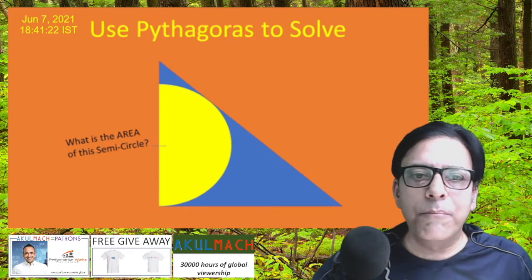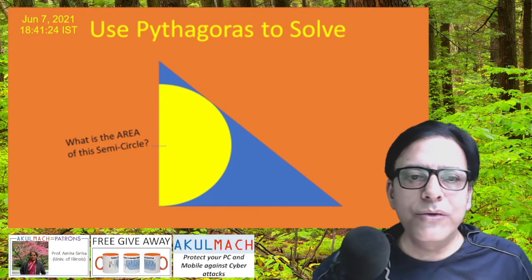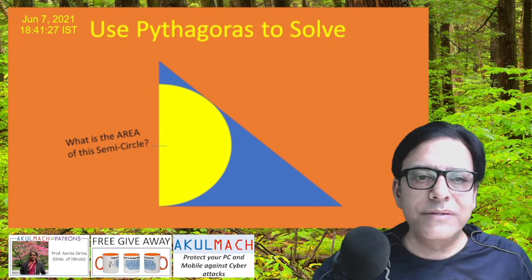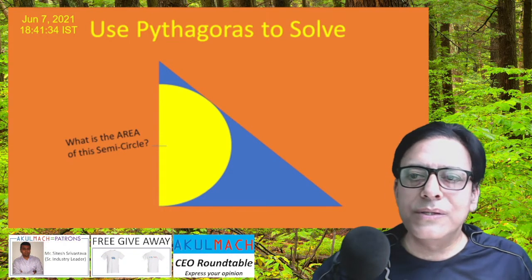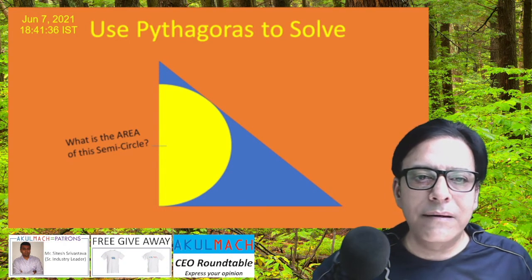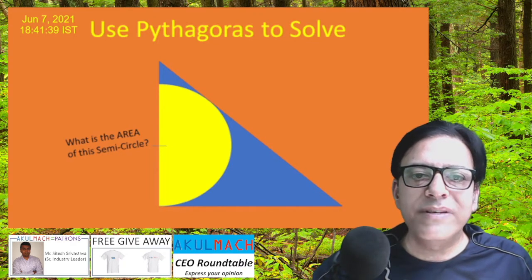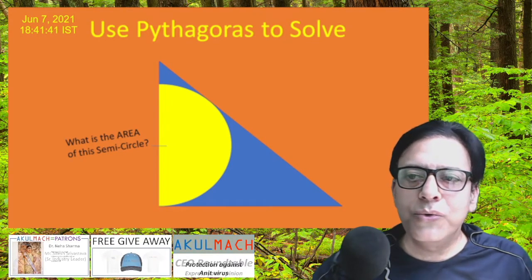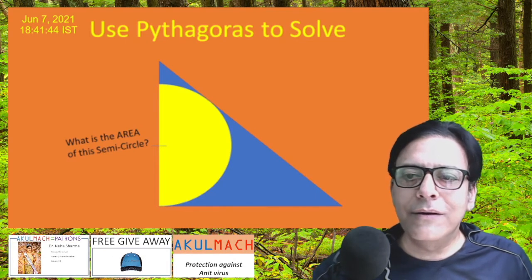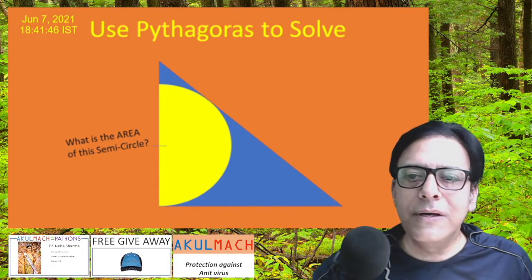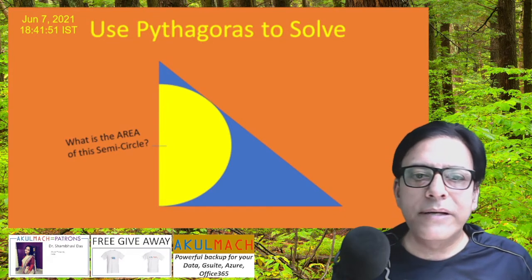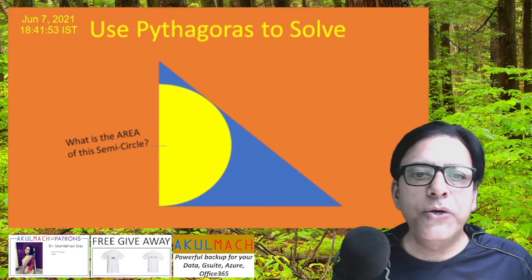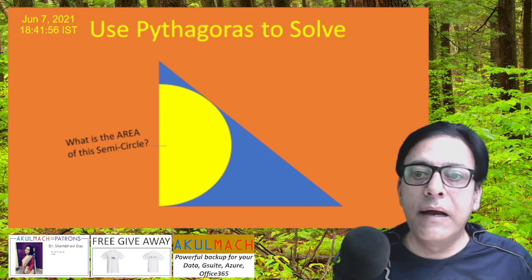Now we are on my board, and what I want you to do is find the area of this semicircle. And I've also given a hint, which is that this small line here is the focal point of this circle. So what we've got to do is use the Pythagoras theorem to solve this problem. But before we reach that level of solving using Pythagoras theorem, we need to explain what we need to do with this figure, because it looks very difficult.